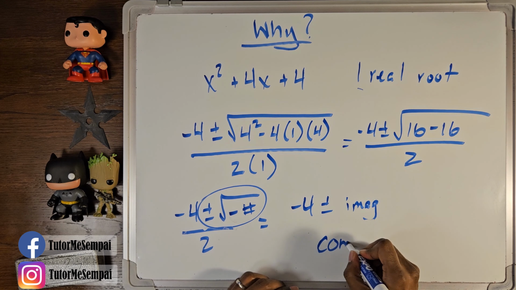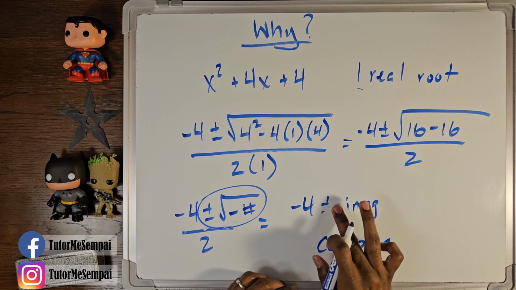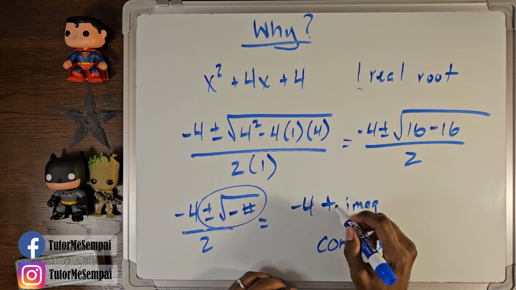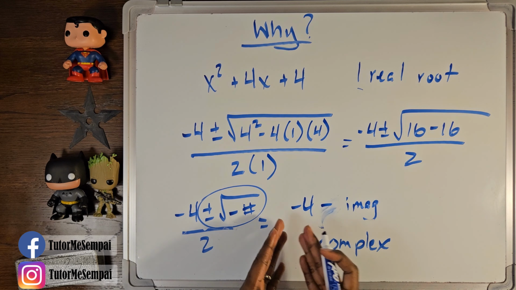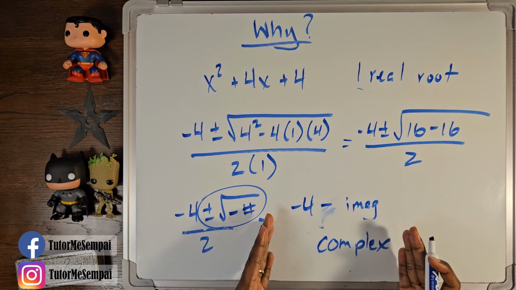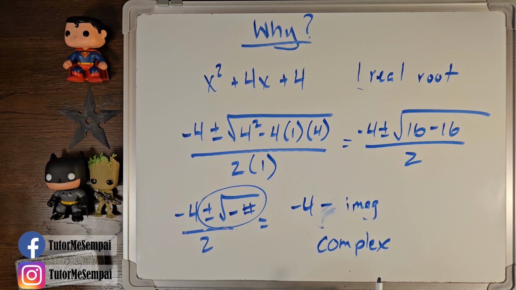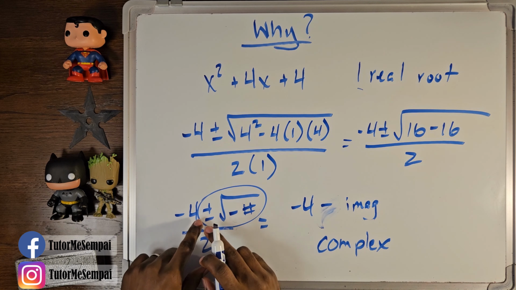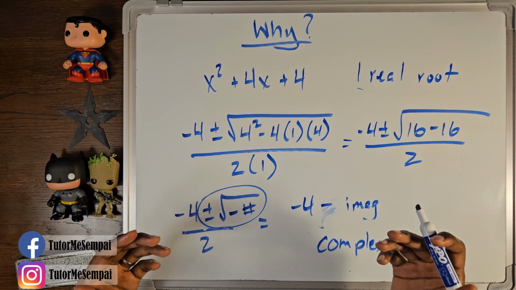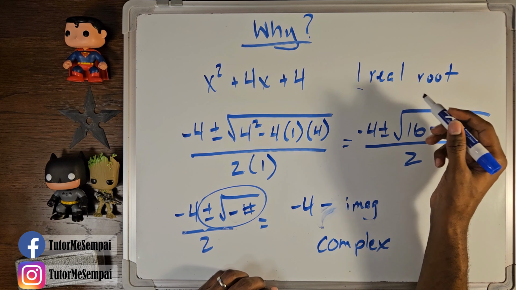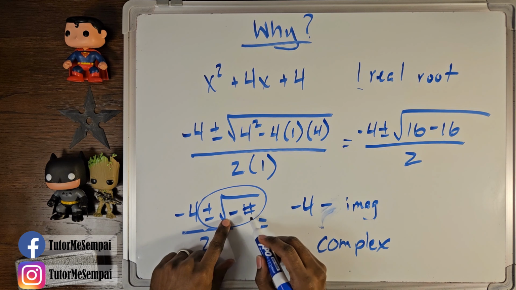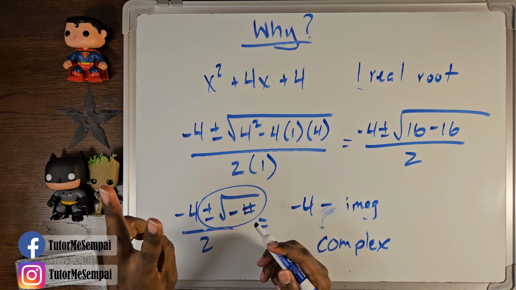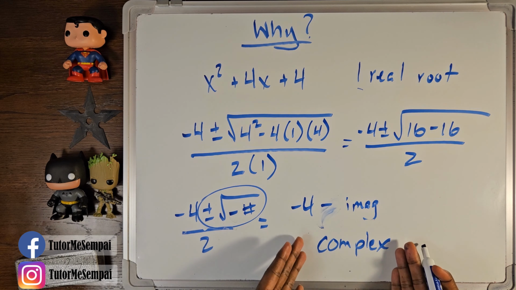which is the form of a complex number, right? If it's plus, you have some real number plus an imaginary number. If it's minus, you have some real number minus an imaginary number. Either way, you have a real component and an imaginary component, which gives you a complex number. And because you have plus or minus, that means you have 2. Hence why when your discriminant is less than 0, in this case, it gives you a negative number, you're going to have 2 roots, but they're going to be complex. That's why that